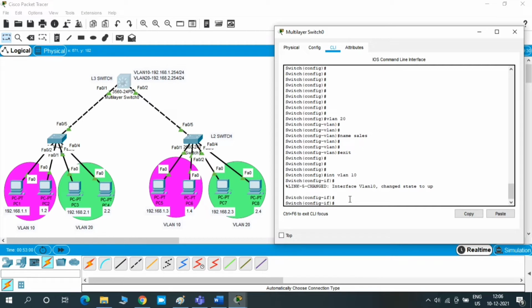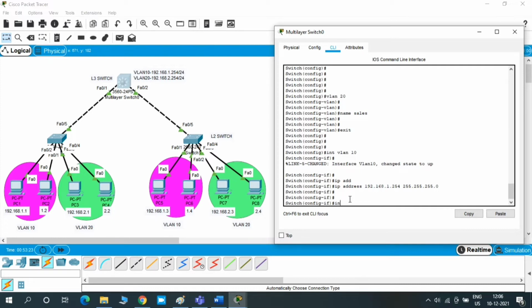Now we'll configure the IP address. Just give ip address 192.168.1.254 and subnet mask 255.255.255.0. On real devices, ports are administratively down by default, so we have to give the no shut command.